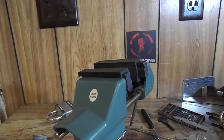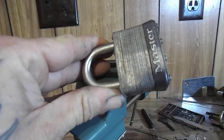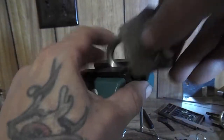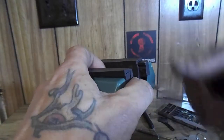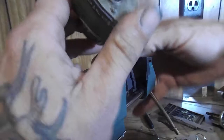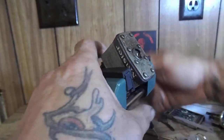So, what I have today is this Master Lock number 5. This is for Ghosted's 100 challenge, 100 sub giveaway. The premise behind his giveaway is pick a lock